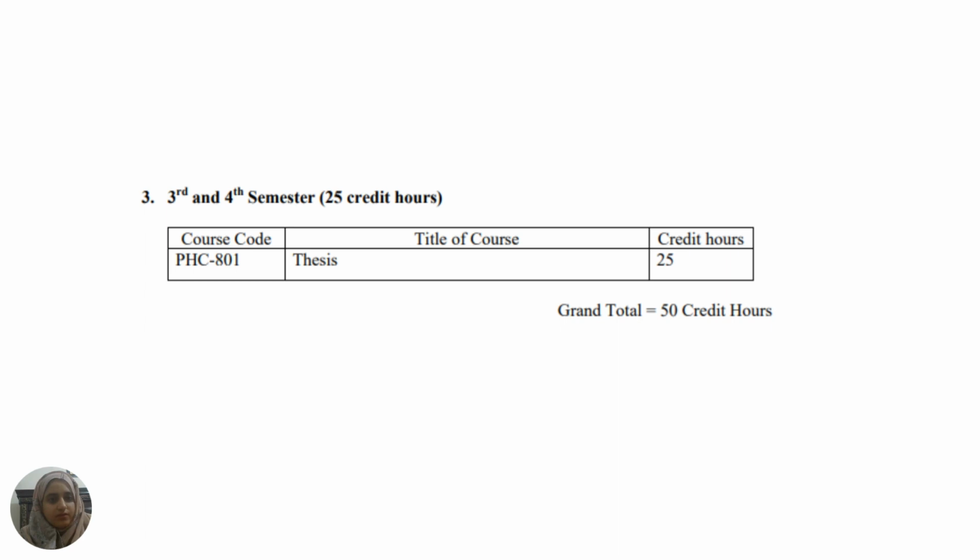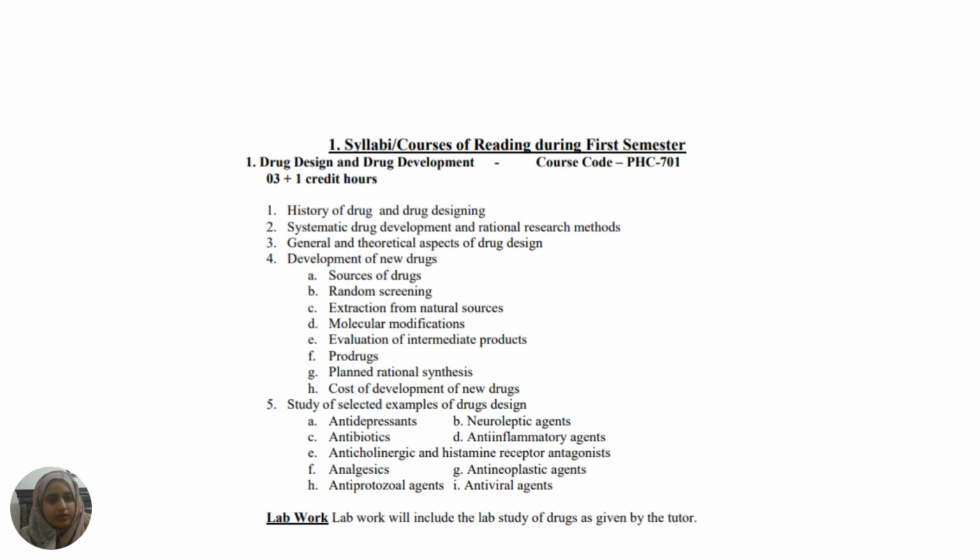Third and fourth semester goal was the 25 credit hours, and it includes the thesis, which includes the 50 credit hours total. So the details of these courses are: